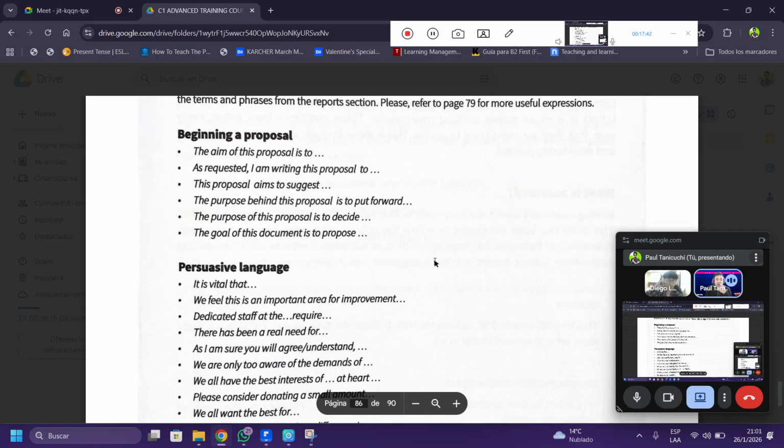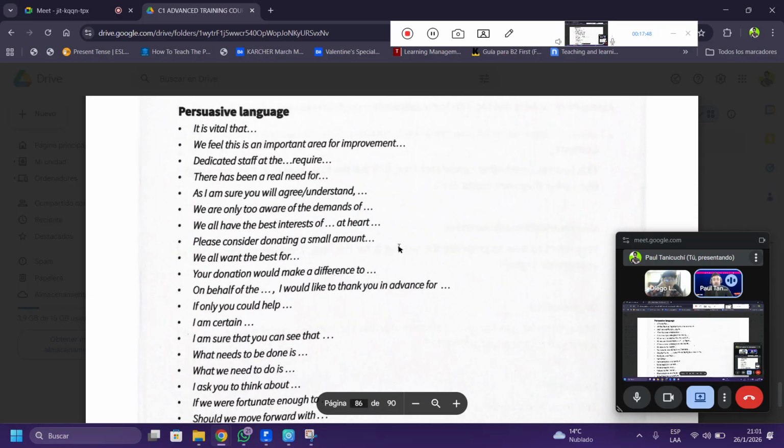The purpose of this proposal is to decide, or the goal or the aim of this document is to propose. Persuasive language: it is vital that we feel there is an important area for improvement, dedicated staff at the, and then required. What else?